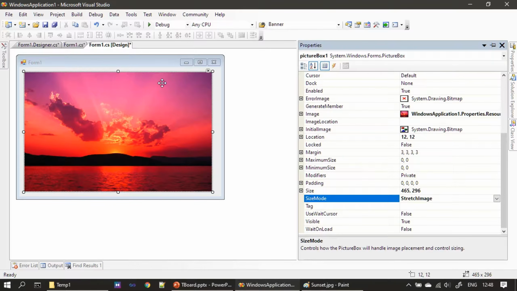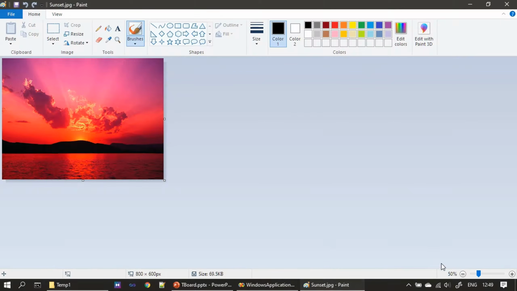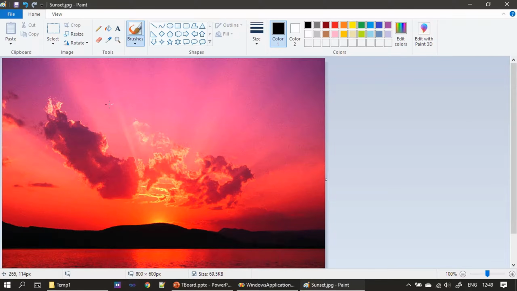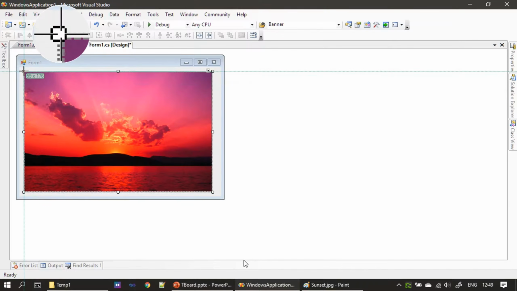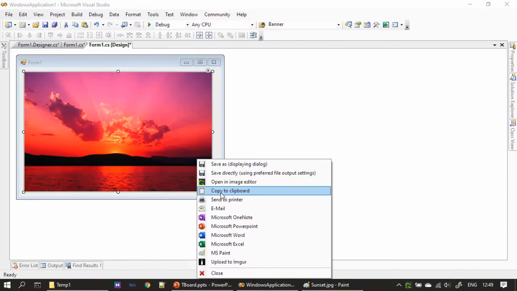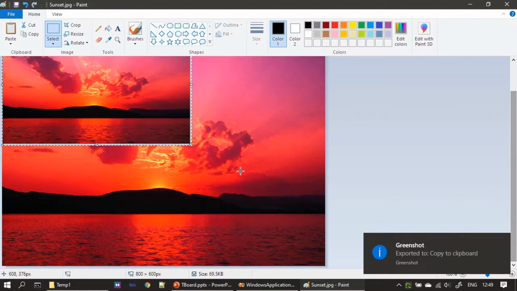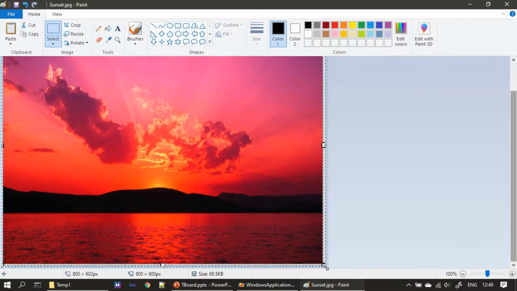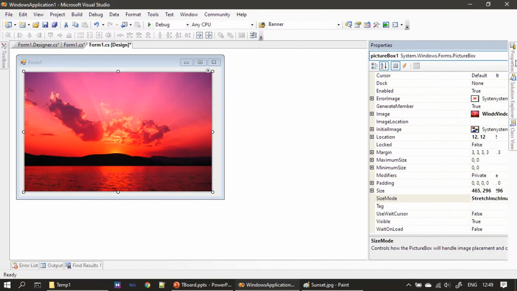Now the size of this PictureBox control, let me zoom back to the original size, and let me do a print screen for this specific control. Then I will paste it here, and you can see this is the size of our control. But to accommodate the entire image, the control can be resized so that it will show the full image. So that's what is done by this property